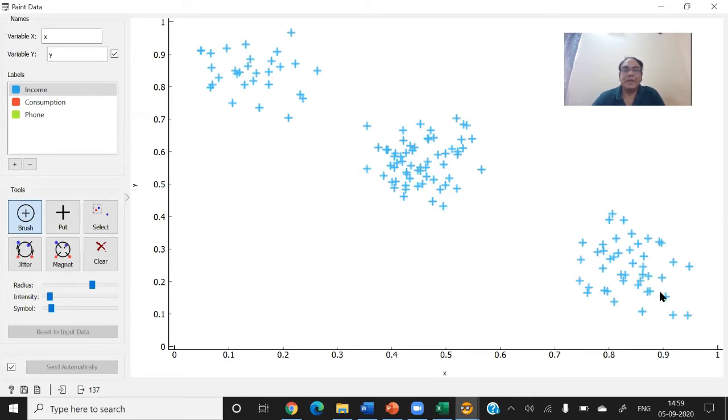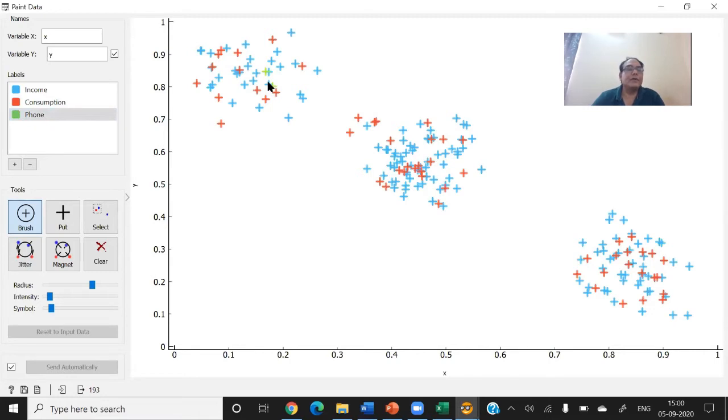Now I want to prove that where income is high, the consumption is also high. So I'm putting the consumption here, and this is for high consumption. Similarly, I'm creating some data points here, and some data points also in this slide.